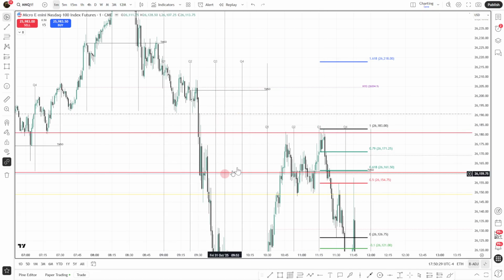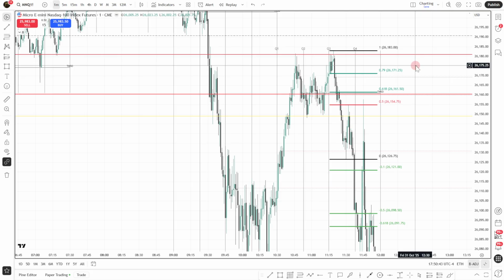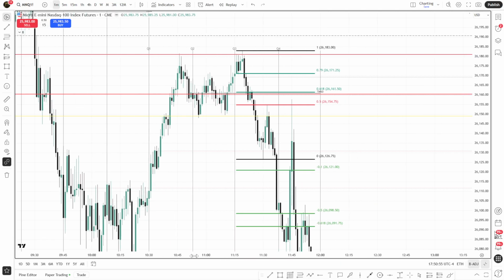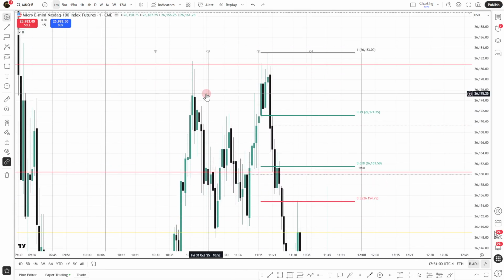So we're balancing a big range. We're hitting a timed area. We have quarterly working on our side with this time theory. There's multiple areas of confluence. And these are aggressive entries if you're getting in short up here. But you do have the up closed candle highs, okay, 1 and 2. So